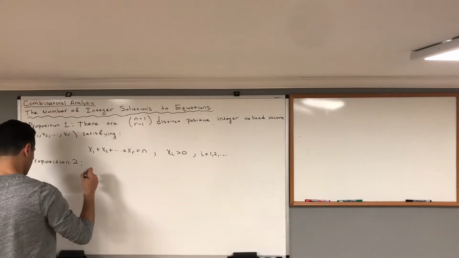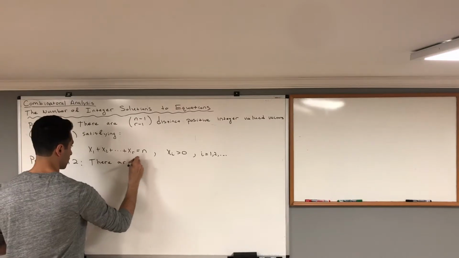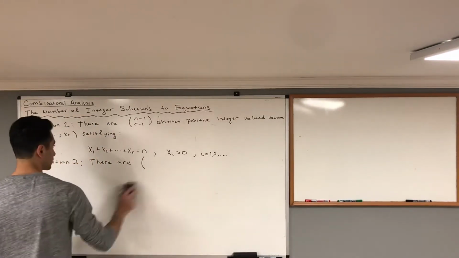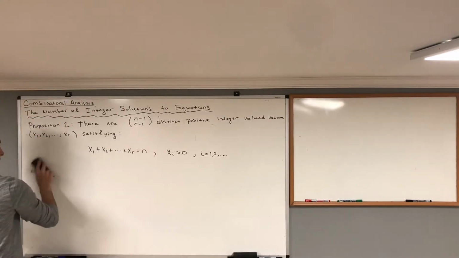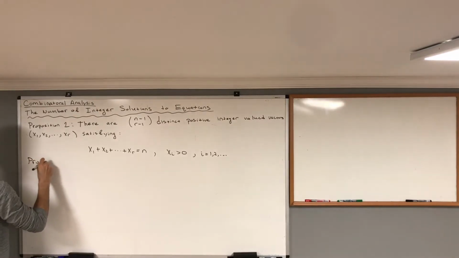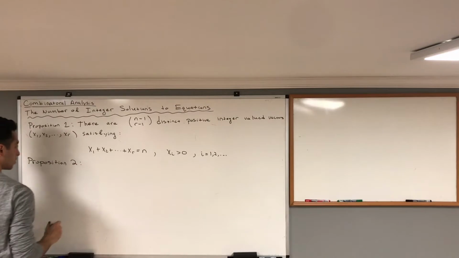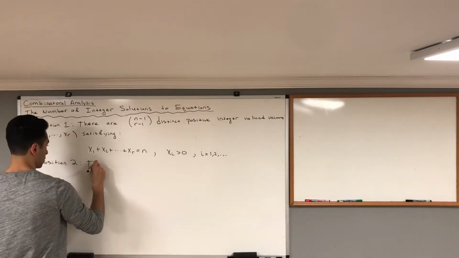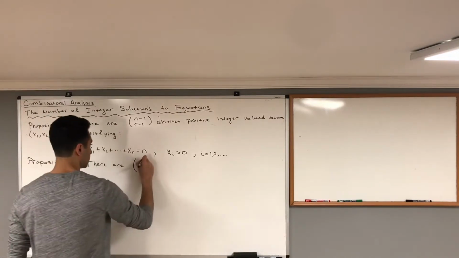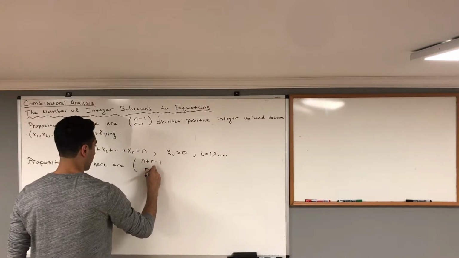So proposition 2 says there are, sorry about that, proposition 2, there are n plus r minus 1, choose r minus 1,